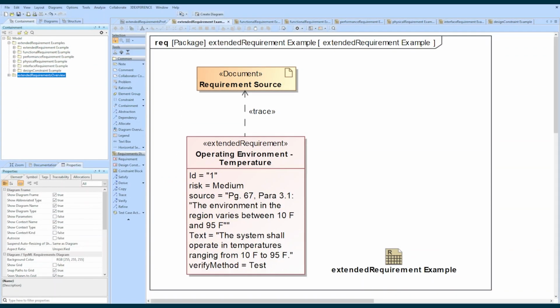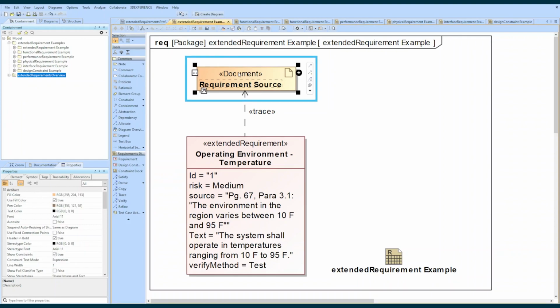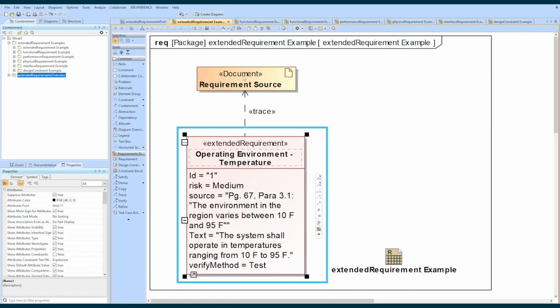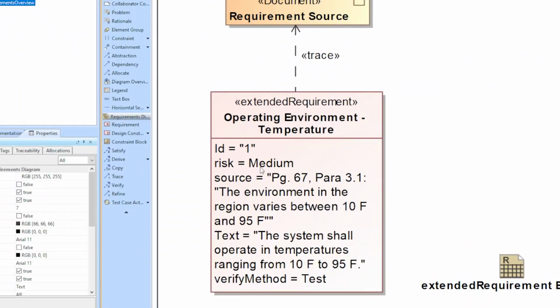The first requirement we'll look at is the extended requirement. Here we have a source document represented as an artifact element with the document stereotype applied, and we have extended requirement tracing to it. And here we can see the different compartments. We have a risk for this requirement changing being medium. We have the source citing a specific page and paragraph from the document itself that has the actual passage copied